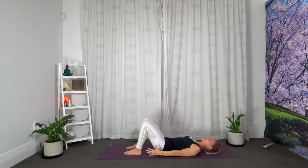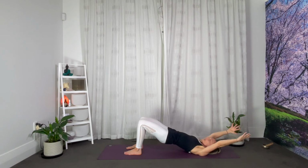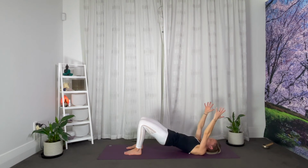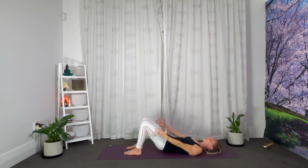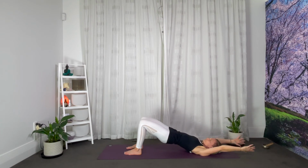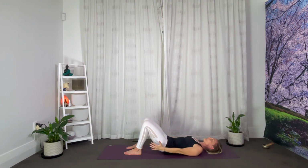This time, see if you can increase it to 6. If that feels too much, just stay with 5. So lifting the hips to the sky, arms reach back. Inhale to lower. And again, exhale for 6. Inhale to lower. If you can, increase the exhale to 7 now, or feel free to keep it at 5